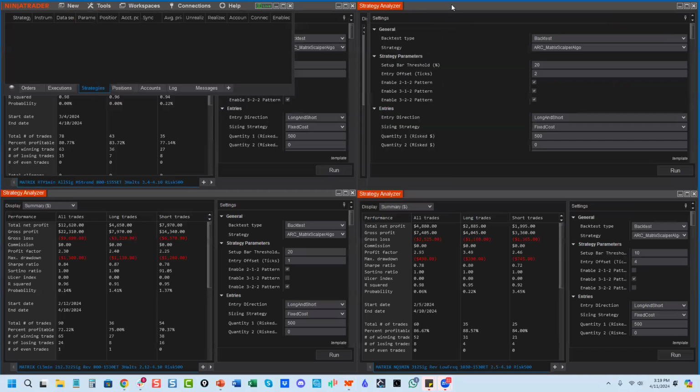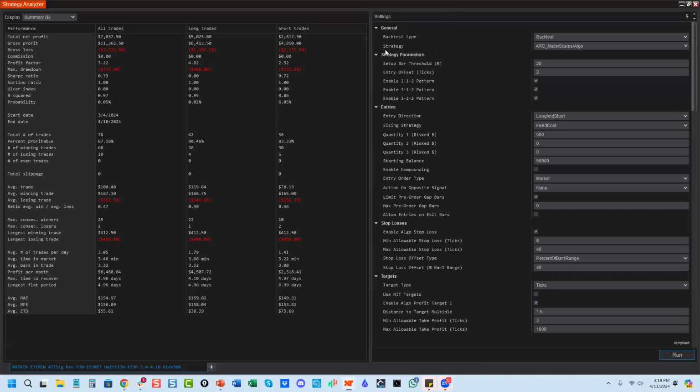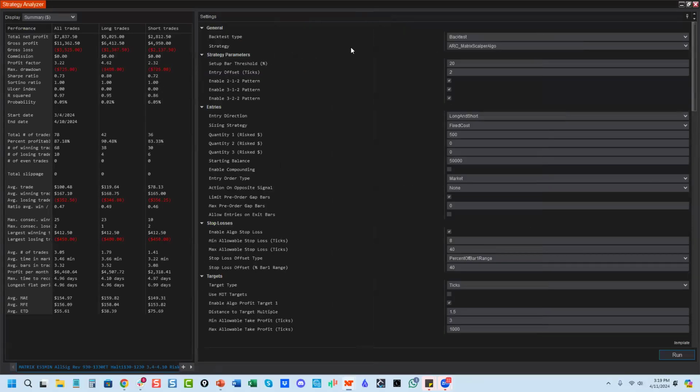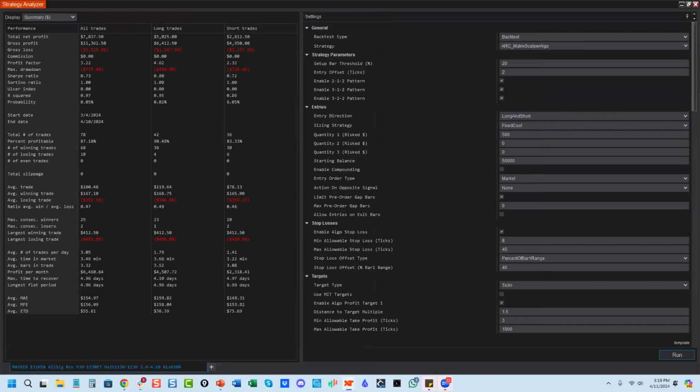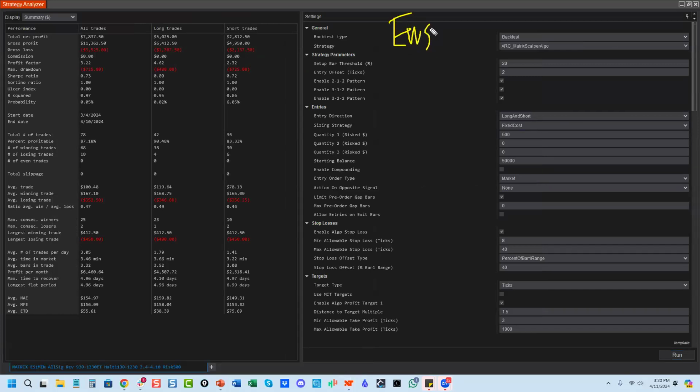Now, the difference with ARC is that we're not okay with that, because that's not algorithmic trading. That's called being a sucker. And what we've done is we've rebuilt NinjaTrader, the engine inside of NinjaTrader. So what you're seeing here is a rebuild. This is ARC's engine. We call this the engine. Why is it important that we talk about this before we get into the signals? Because it's like your spine. You can't walk without a spine. Like your world would suck without a spine.